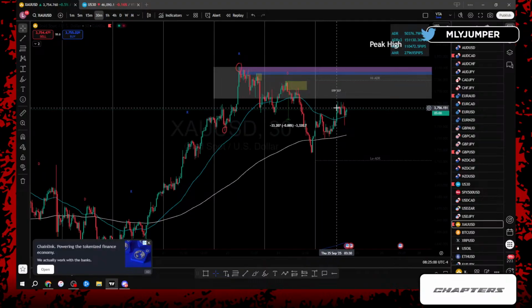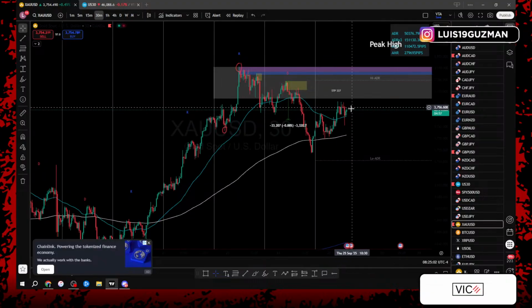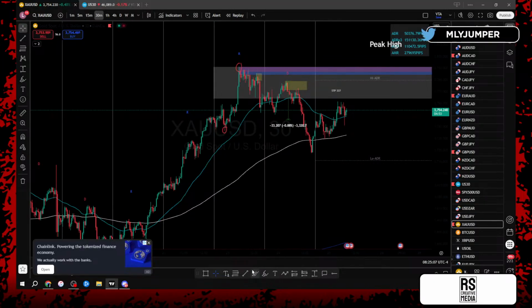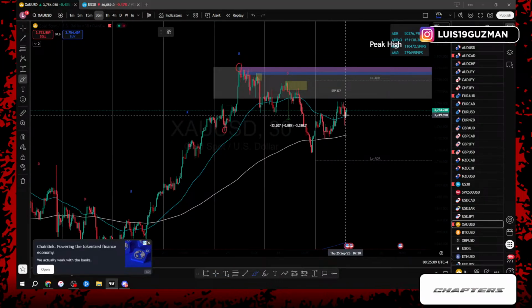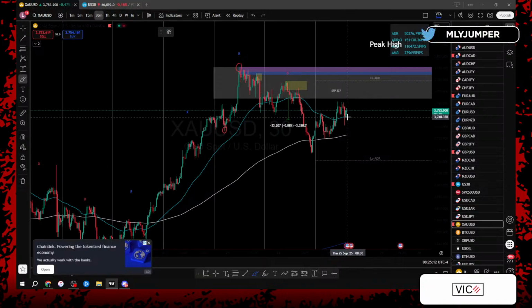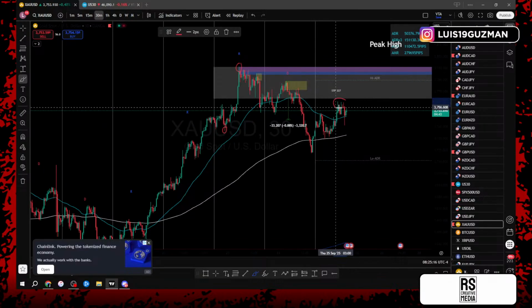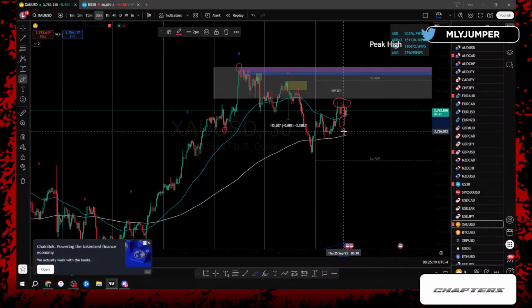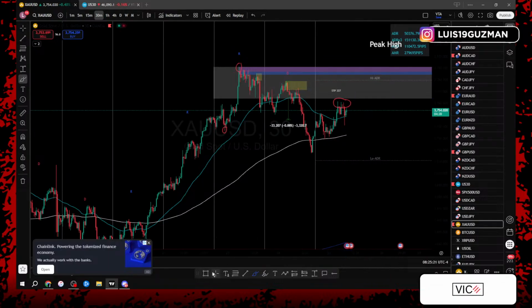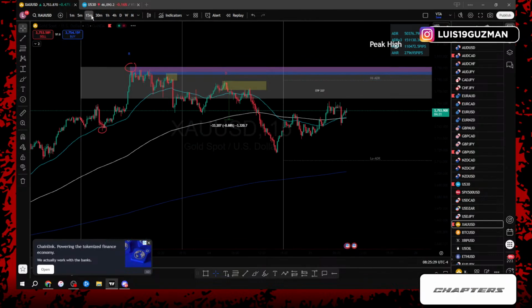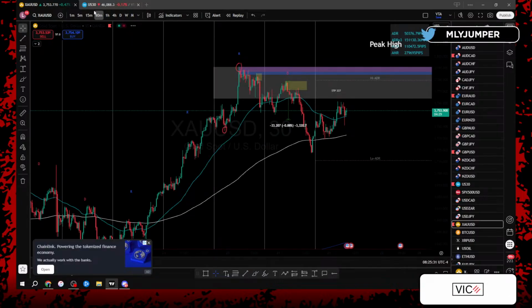As soon as it swept the highs, we have exhaustion candles going both ways. We have a bearish exhaustion candle, and we also have bullish exhaustion candles. So this would be a situation where, again, I would stay out of a trade for right now, right? So gold, this is also a good time to say this too, because yesterday I saw